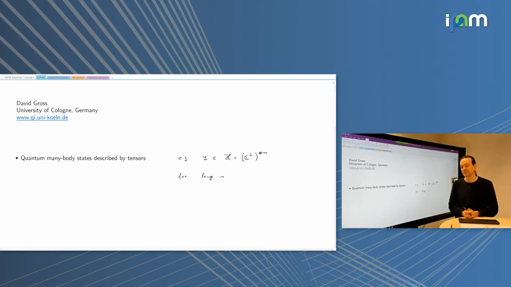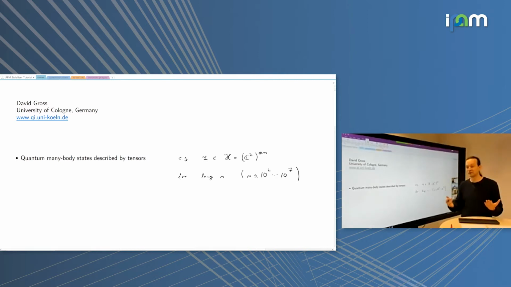Right, okay, so what is the topic of the set of lectures? I want to introduce what is called the stabilizer formalism, and let me try to motivate it very briefly. Quantum many-body states, as everybody knows who attended the previous tutorial, are described by tensors. In our case, we will always look at a base space C2 tensored n times, and n is some number which is typically large, maybe 10 to the 2 to tens of millions of tensor factors.